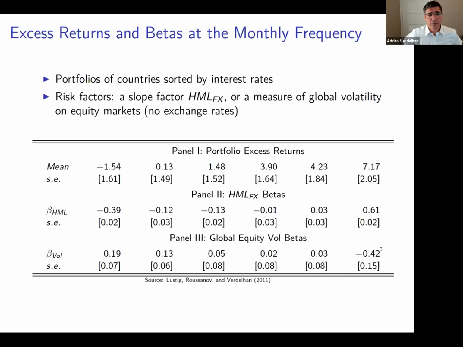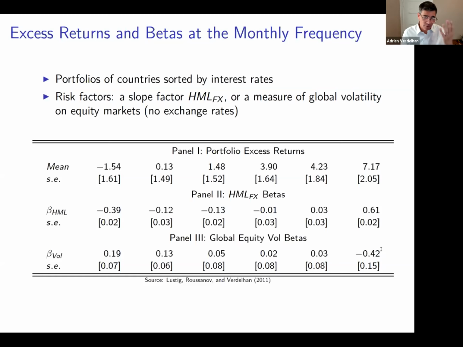So what do those betas mean? It may mean something super simple. In times of high global volatility, the high interest rate currencies tend to depreciate. The low interest rate currencies tend to appreciate. And think again, what is the carry trade? The carry trade is about borrowing in low interest rate currencies. If it appreciates, it means I need to reimburse more, not good. And the carry trade is about investing in high interest rate currencies. If they depreciate, not good, I'm also losing money. So those differences in betas are exactly what you would expect in a finance 101 story. You're going to lose money in bad times, when bad times is defined by high volatility.